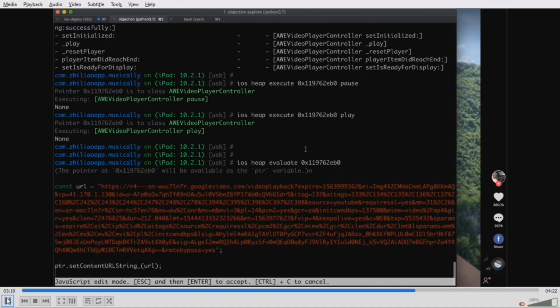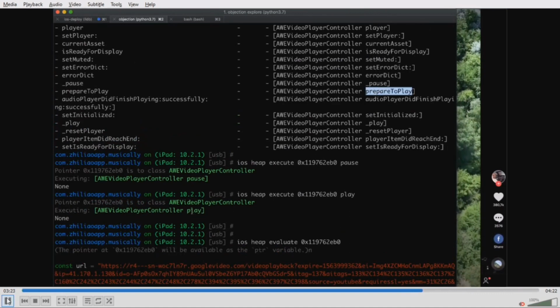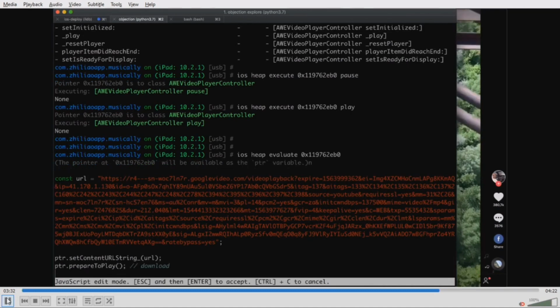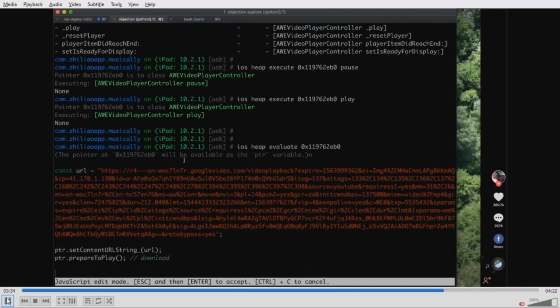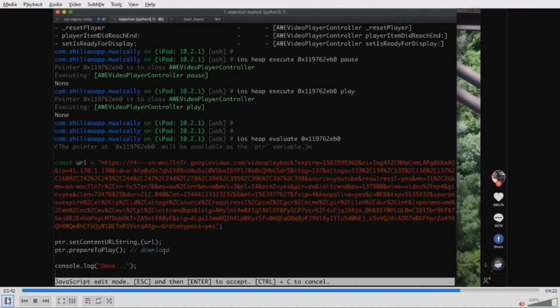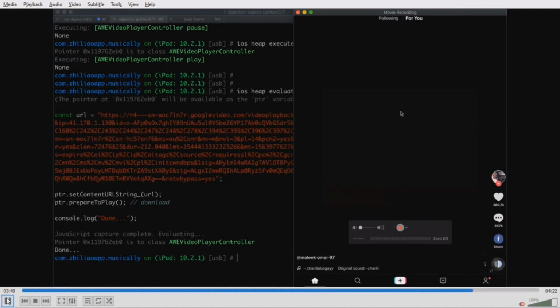The next thing that you would find, if you were to reverse this app a bit, would be a prepareToPlay method, and all this really does is download it in the background and get it ready to display in the foreground. Now, the next thing we might want to do with this little script is to give ourselves a bit of a visual indicator that that was successful, right? So the only thing we'll do then is just log that we're done, and wrapping all of that up, run the script itself. When the script runs, you see in the background that the app itself has now just gone